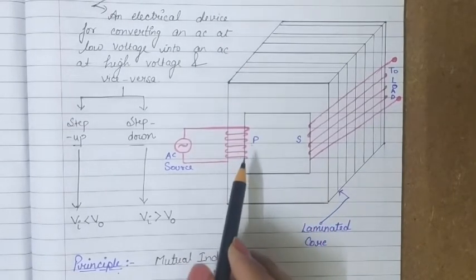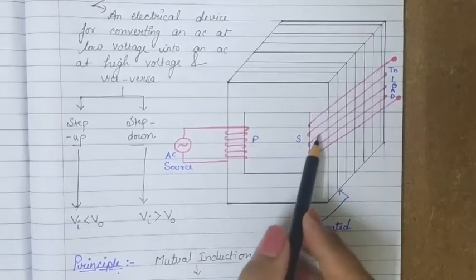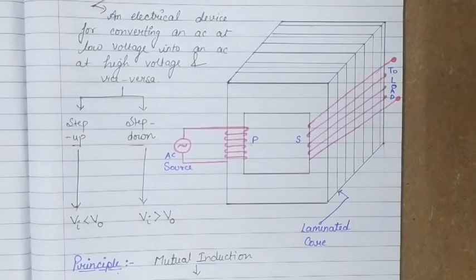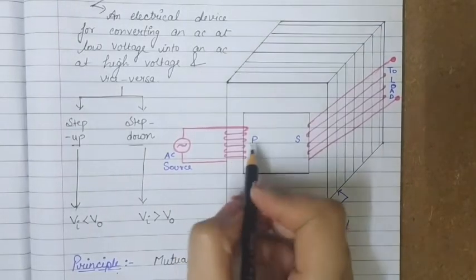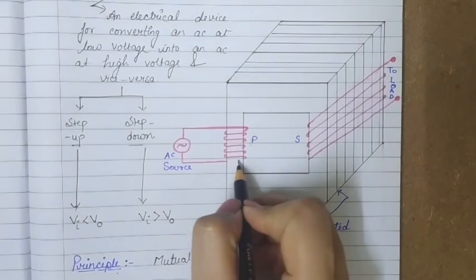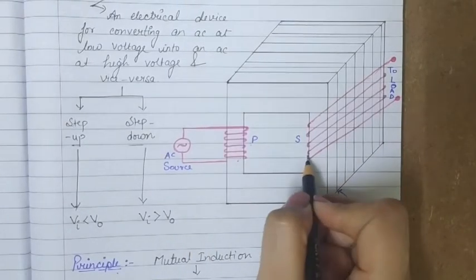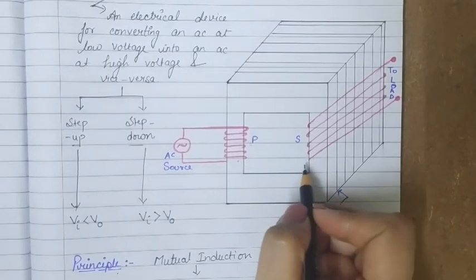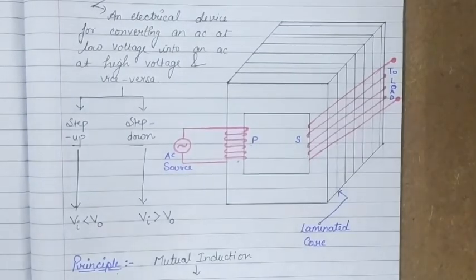This is important because depending on the number of turns we decide whether the transformer is step up or step down. Now the thing is कि अगर प्राइमरी में नंबर ऑफ टर्न कम है और सेकेंडरी में ज़्यादा है then we get output more than the input. Means the conclusion is कि जिस कॉइल में नंबर ऑफ टर्न ज़्यादा होंगे उस कॉइल से हमें रिजल्ट ज़्यादा मिलेगा as compared to the